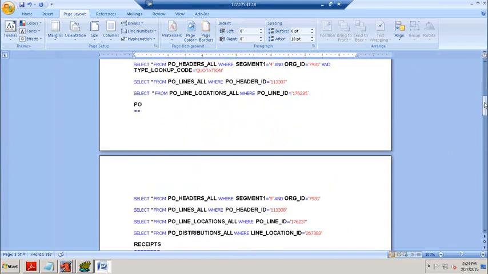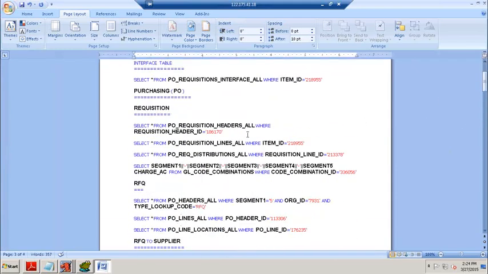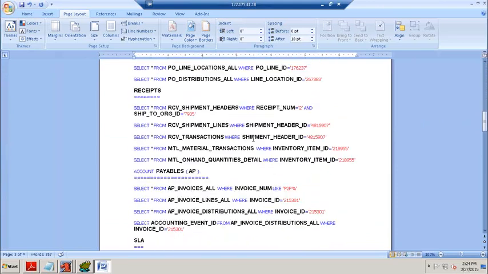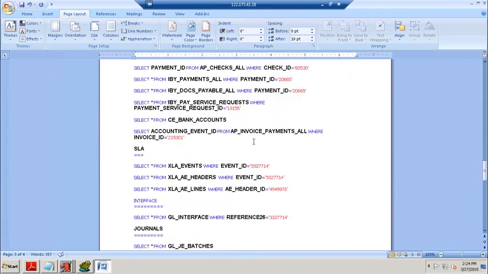There will be changes, fine, not a problem. So each and everything will be available here.